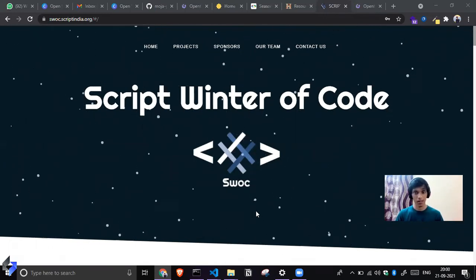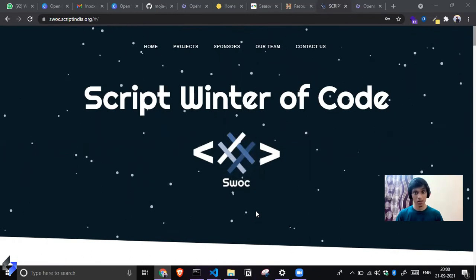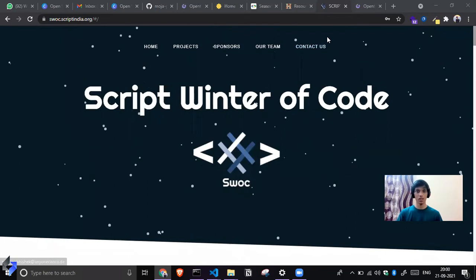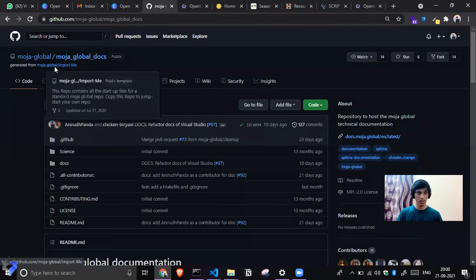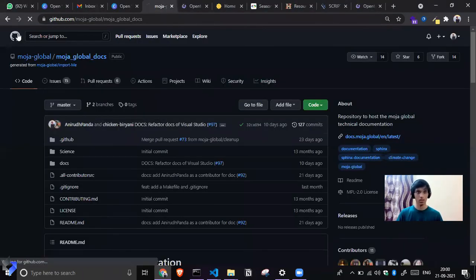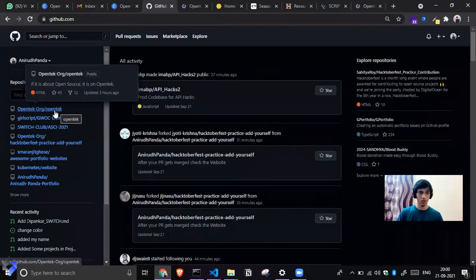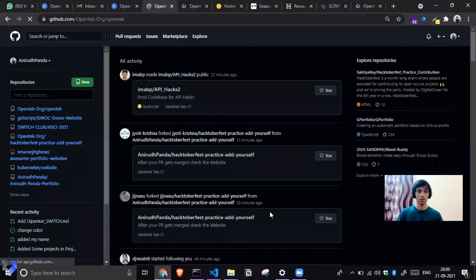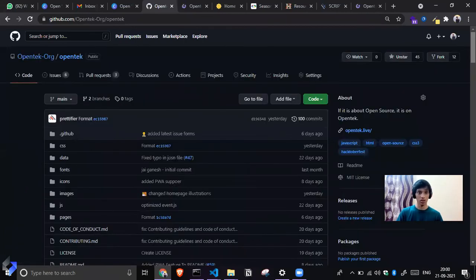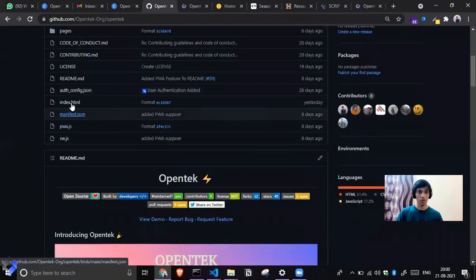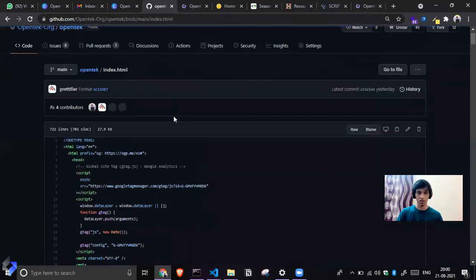Like, without forking, can we see a project running on its source code on the GitHub platform? Yeah, you can see it without forking. You also can see what platform they're using, like this one. This is my organization. You can see everything here: my pages, the license, my index.html. You can just see the code here.